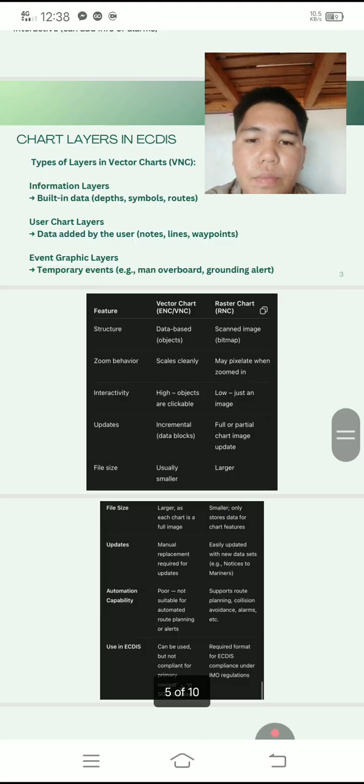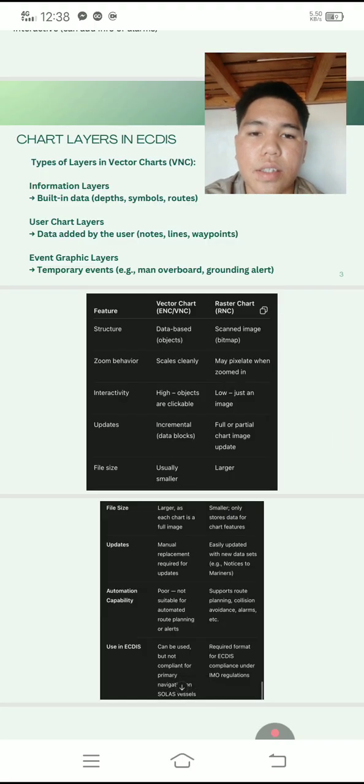Now in features, vector chart versus raster chart. Their differences in terms of structure: the vector chart is data-based or object-based, and the raster chart is a scanned image or bitmap.